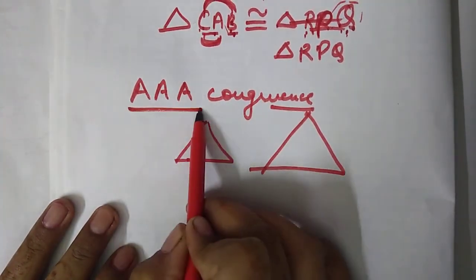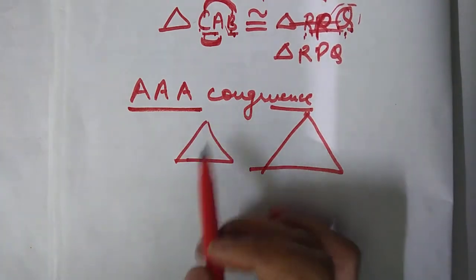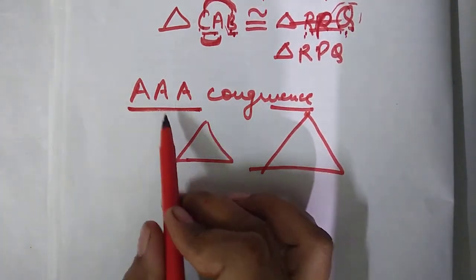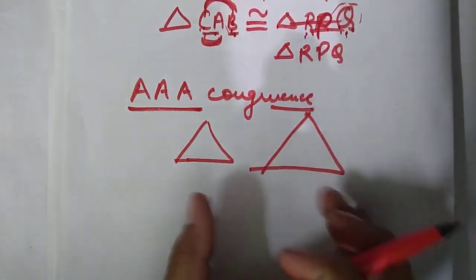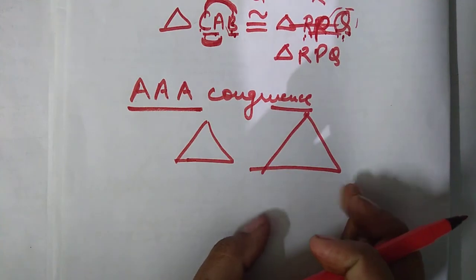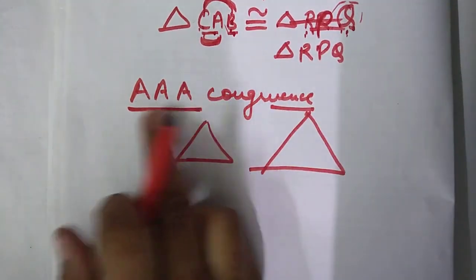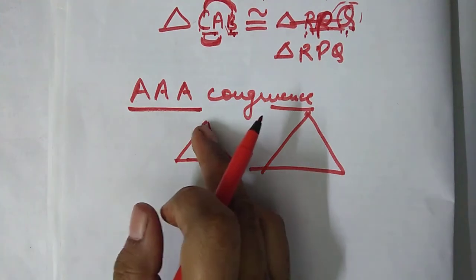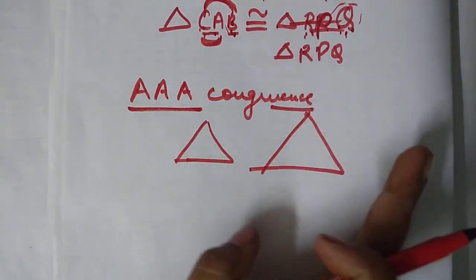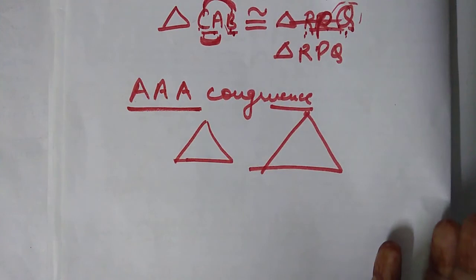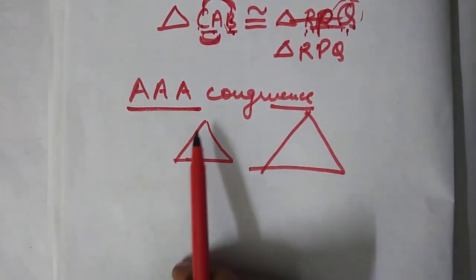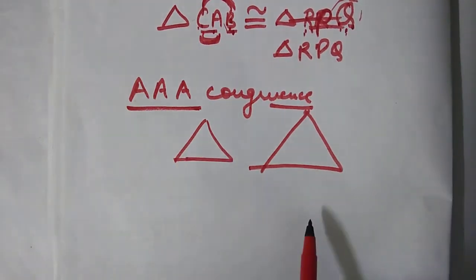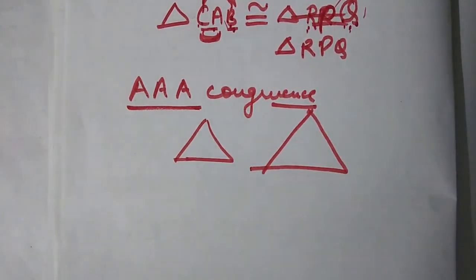So there is no such rule as AAA congruence rule, because whenever all the angles are equal, it does not say that the sizes are also equal. It may be an enlarged size. So in this condition, there is no rule of AAA congruence. They would be congruent only if they are exact copies of one another. This is the last point given in your NCERT summary, that is point number 10. There is no such thing as AAA congruence of two triangles.